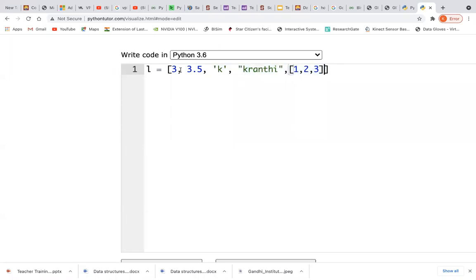Can anybody tell me why these three are primitive data structures and why these three are non-primitive data structures? Why can we classify so in the list? Any example? Why am I classifying like that? Why can't you make this a primitive data structure? Did you have this idea now?